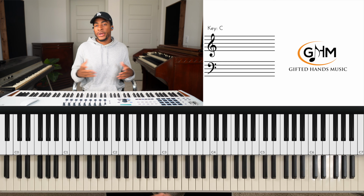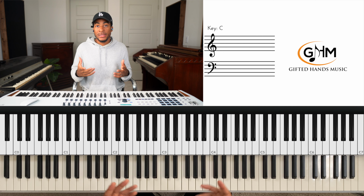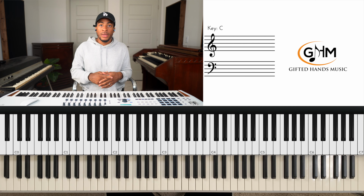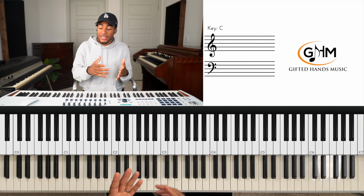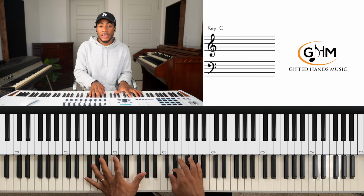Chord progressions are just a group of chords played in order, right? So how do we practice this? The way we practice chord progression recognition is going to be, once again, through exercises, and we'll have somebody play a chord progression, right? Have somebody play a chord progression. Let's say it's,